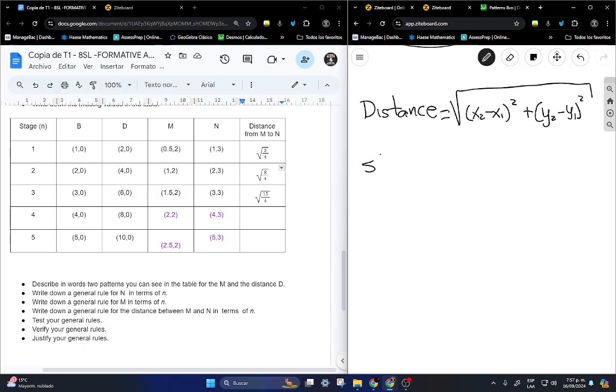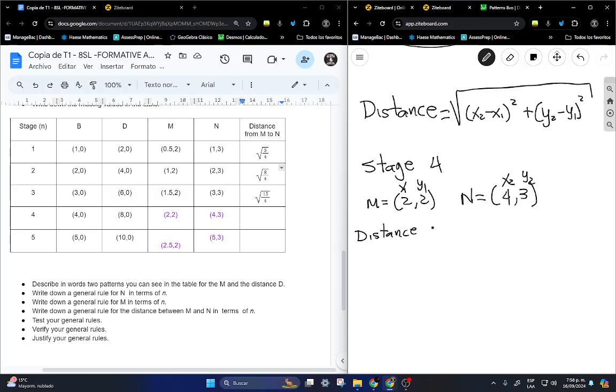So for stage 4, m is 2, 2, and n is 4, 3. So we are going to label them x1, y1, x2, y2, and we just apply the formula, a distance between